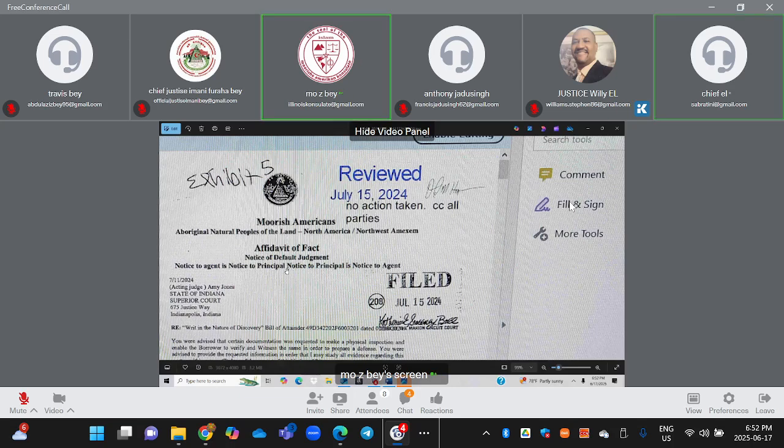Article 3 is the Supreme Court of the land. Article 3, Section 2 says judicial authority extends to ambassadors, ministers, and consuls, which is us. And we have criminal, maritime, and admiralty jurisdiction. And then also, by way of this default judgment,